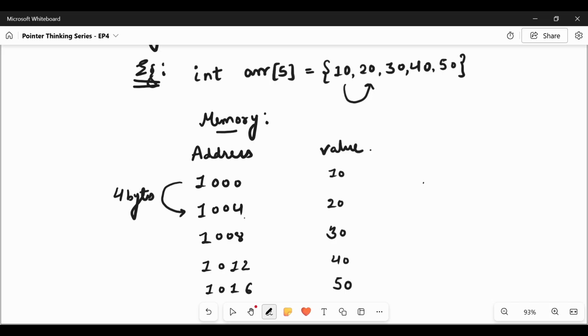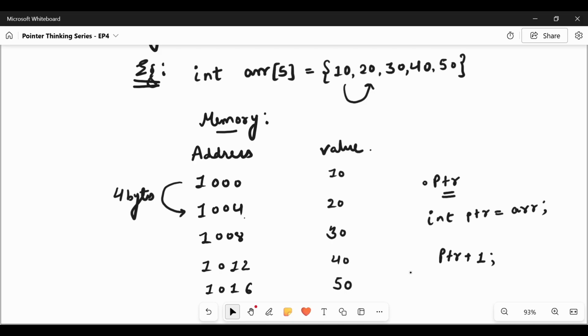So here comes the pointer. We have a pointer ptr. It's of integer type, and in this pointer we have stored the address of our array, so the complete address. When we move ptr by 1, it will move to the next address.